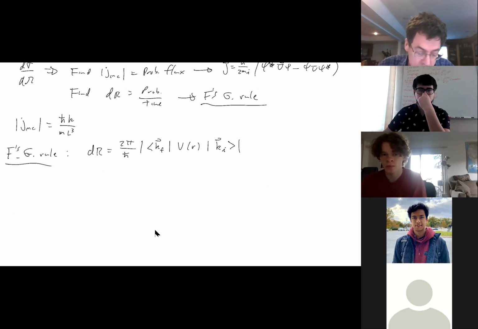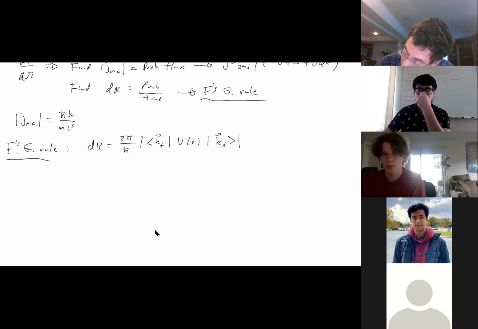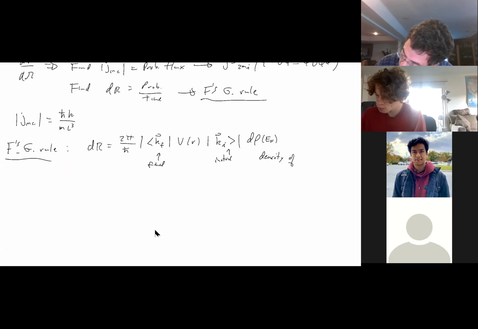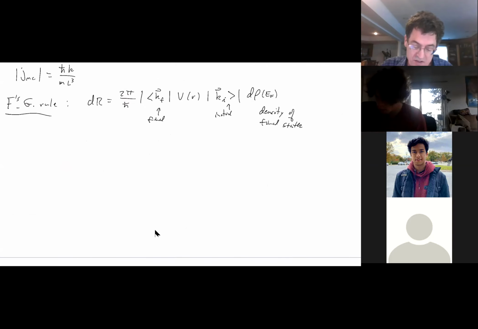Okay, and then we have to multiply times the density of states, the density of final states. So here we have the initial state, the final state, and this is the density of final states. And here, the hard part actually is the density of states. I went over this really fast last time, but I just want to say that the density of states,